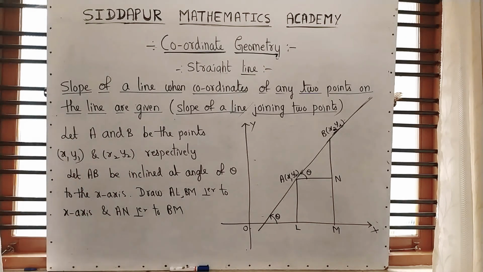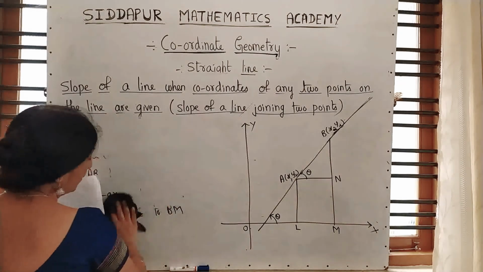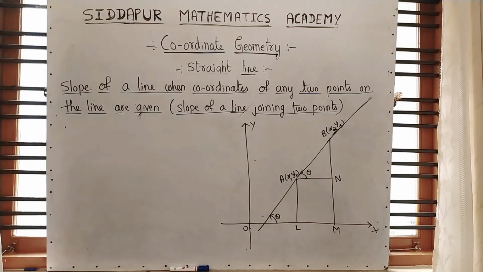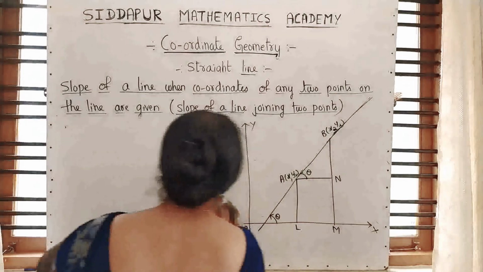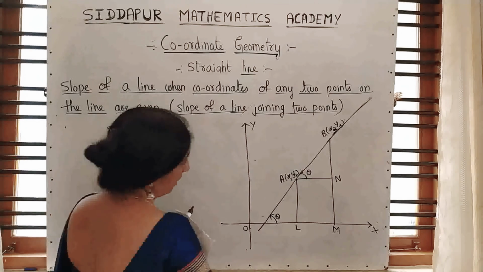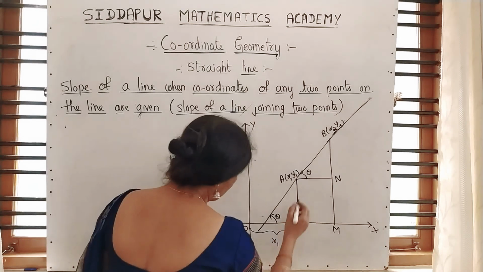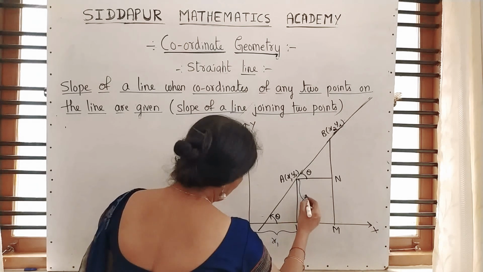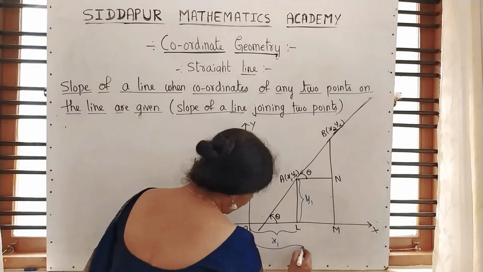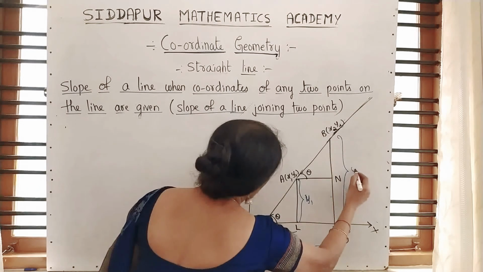Now moving to the next. This you wrote. I kept the figure as it is because the figure is a must; that is very important. Without that, it is not possible to write. Here, you know how to mark the points. This is the point A (x1, y1). That means from here to here the distance is x1 and this distance is y1. Please don't draw the figure, just observe here. And this is x2 and this is y2. Understood?